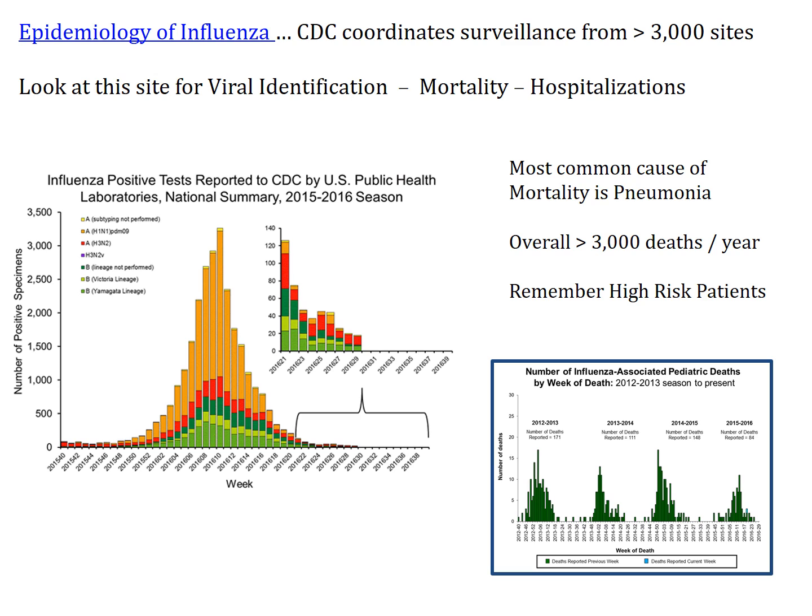Go to the CDC site and you could look closer at the epidemiology of influenza. So when they say there's a case of influenza, they're confirming that by testing, right? The CDC collects surveillance from well over 3,000 sites across the U.S., clinics, emergency departments, hospitals. And then during the influenza season, each week they'll release what the season looks like. So this was, what we're looking here at